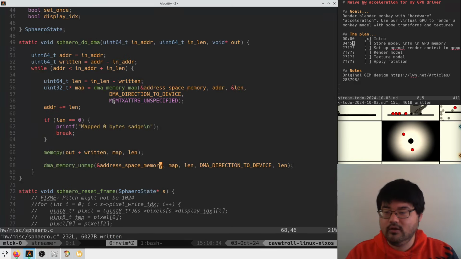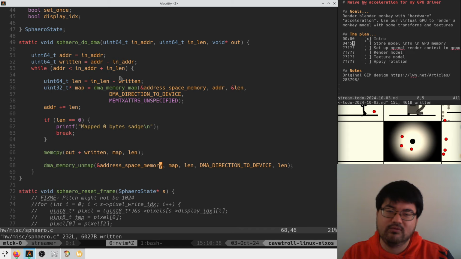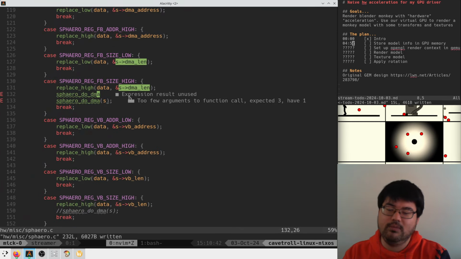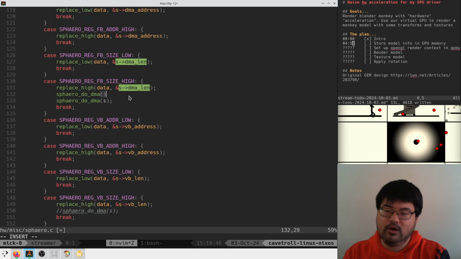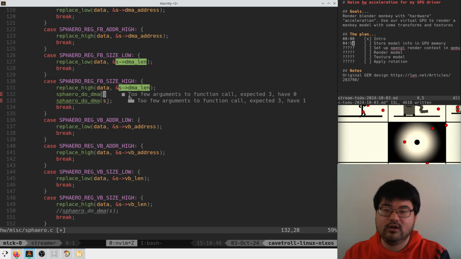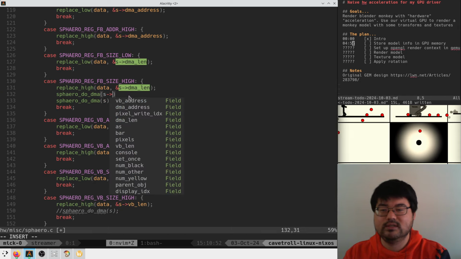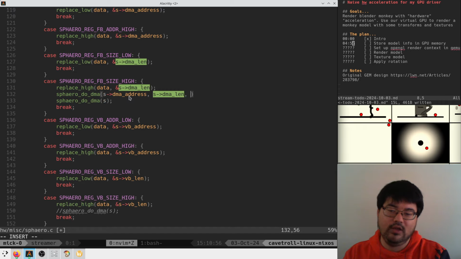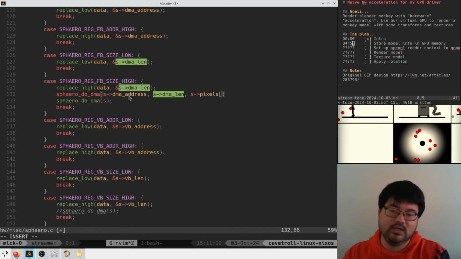All right. I think that's probably right. I'm not 100% sure that we had this right, so we're going to have to be a little careful here. So probably what we do here is we now do DMA with the right parameters. So what are we trying to pass in here? In adder, which is s DMA address, s DMA len, and the output is going to be into s pixels at